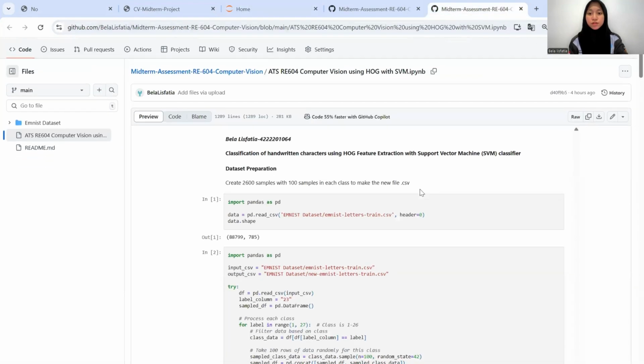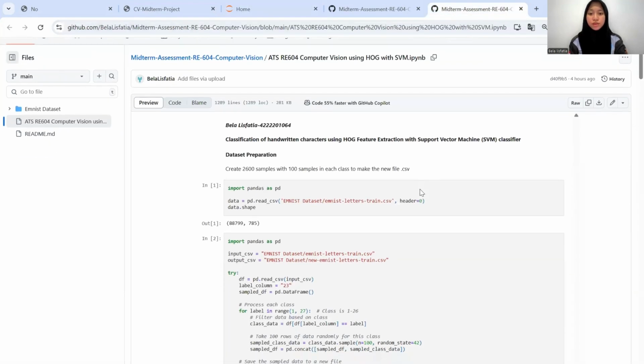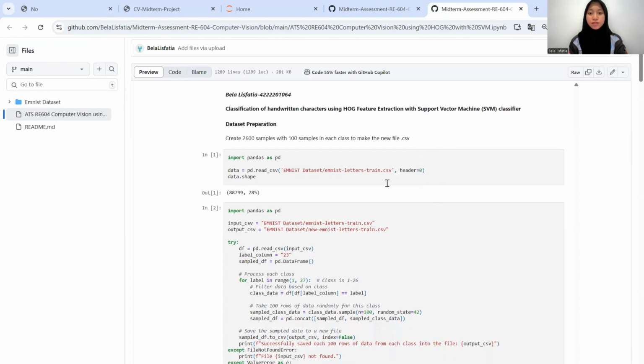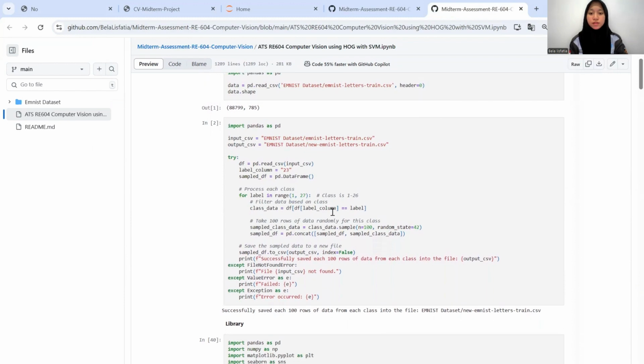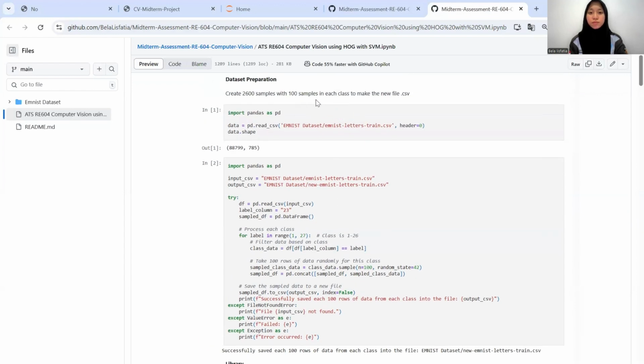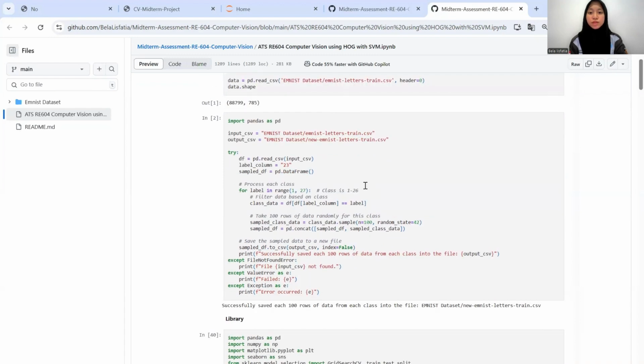So for the code, first we read the dataset from the directory, and because the dataset has 88,000 samples, I created 2,600 rows or samples, with 100 samples in each class, to make a new file.